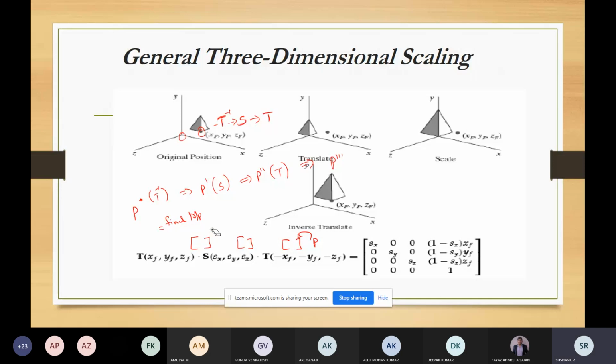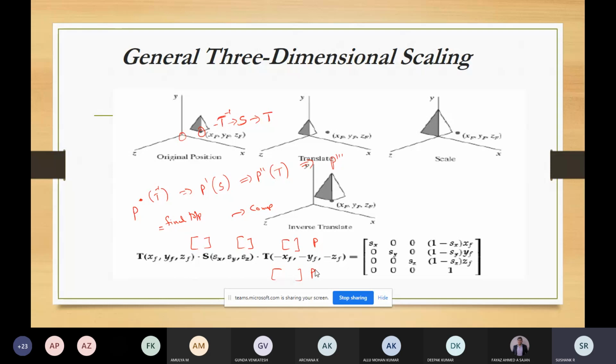first multiply these three matrices to get the composite matrix, and then that composite matrix will be multiplied with the initial point. So this we will call the composite matrix. This is the composite 3D transformation. So we form a 3D transformation by multiplying the matrix representation for the individual operations in the transformation sequence.